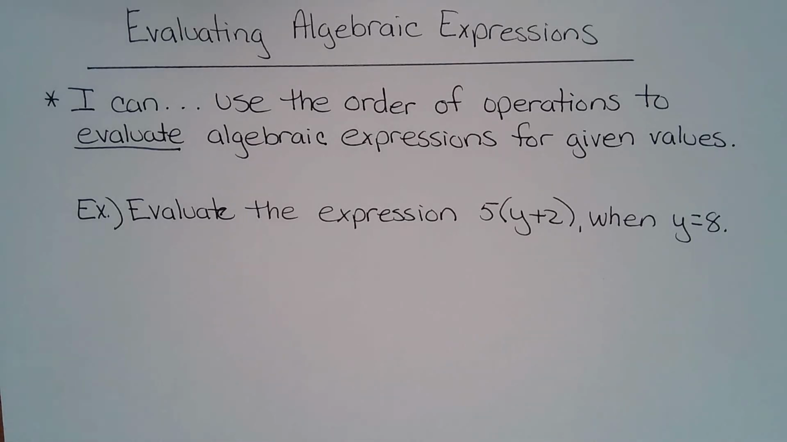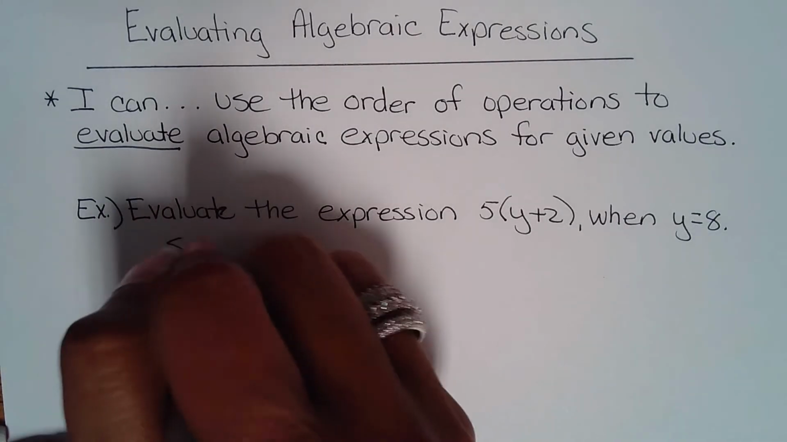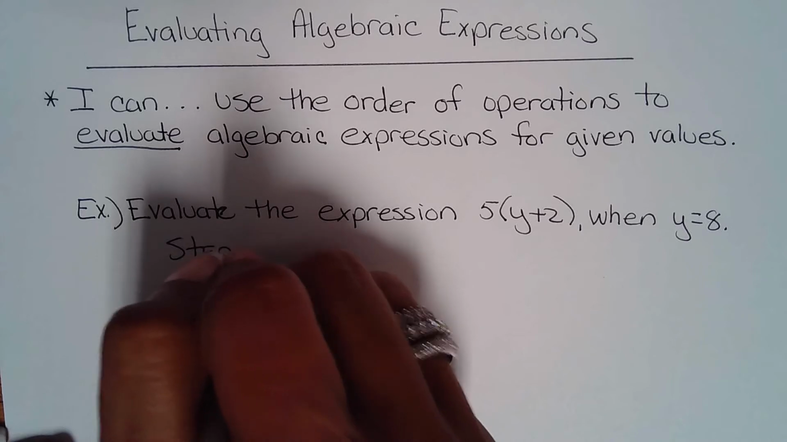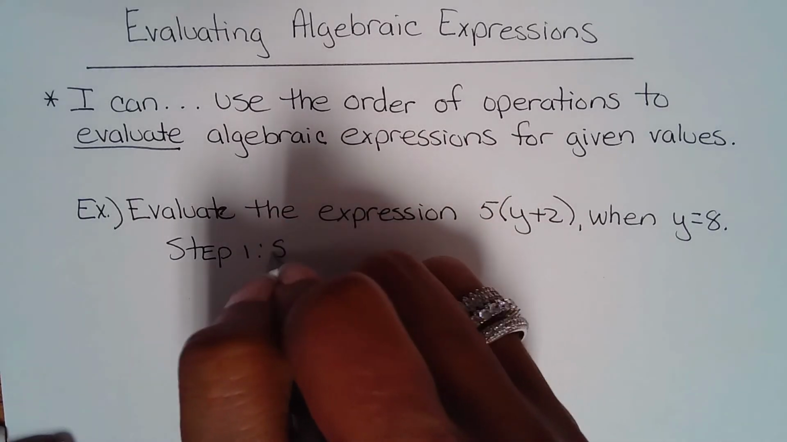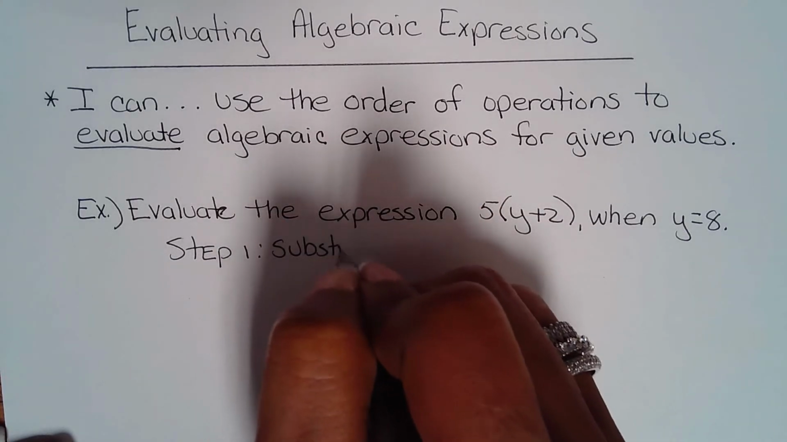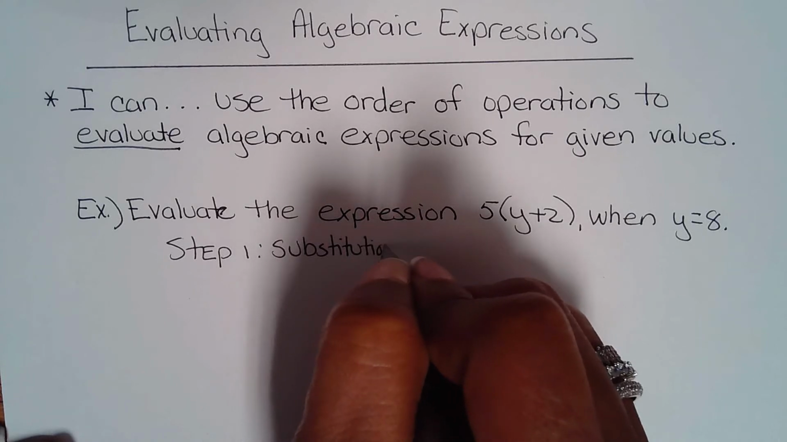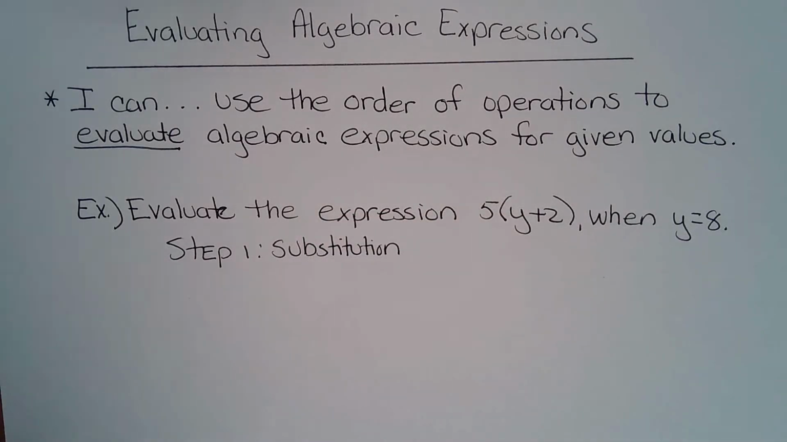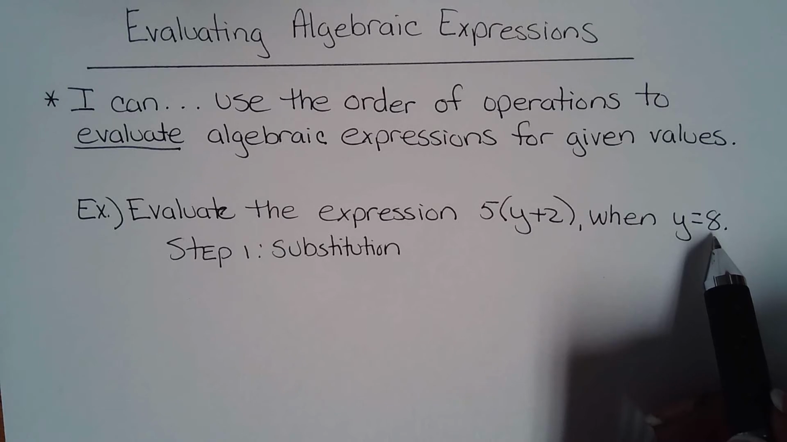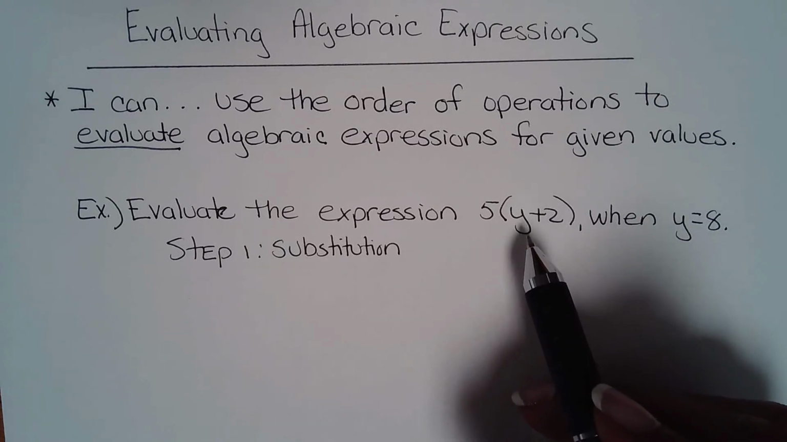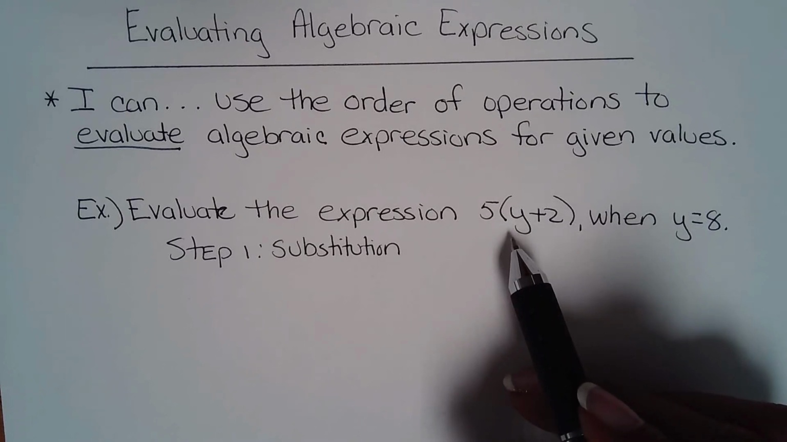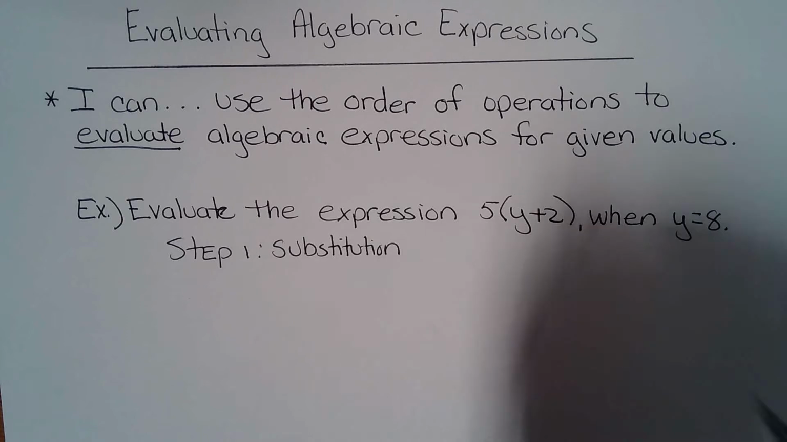So the first step, and I'm going to list these as steps. So step 1 is called substitution, which means you're going to take the number value for y and replace y with 8 in the algebraic expression. So that will look like